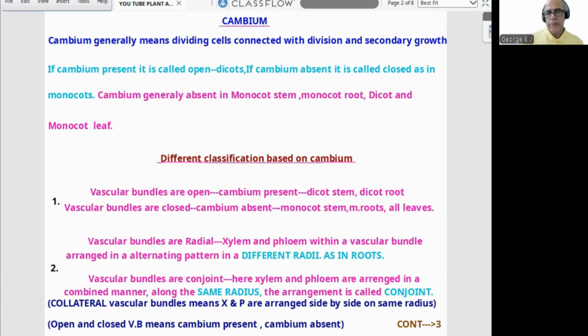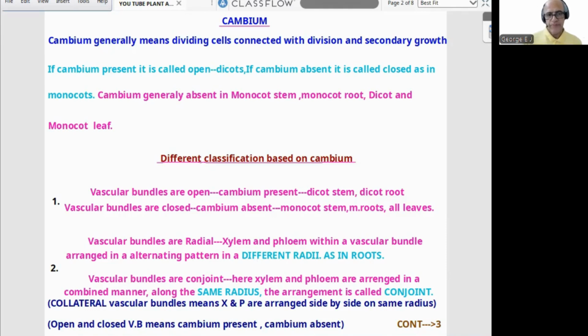So in which areas cambium is present, in which areas cambium is absent. Cambium is generally present in dicots, dicot stem and dicot root. It is absent in monocot stem, monocot root, dicot leaf, monocot leaf. Now, different classification based on cambium. Different types are there. Vascular bundles are said to be open when cambium is present. Example is dicot stem, dicot root. Vascular bundles are supposed to be closed when cambium is absent, as in the case of monocot stem, monocot root,